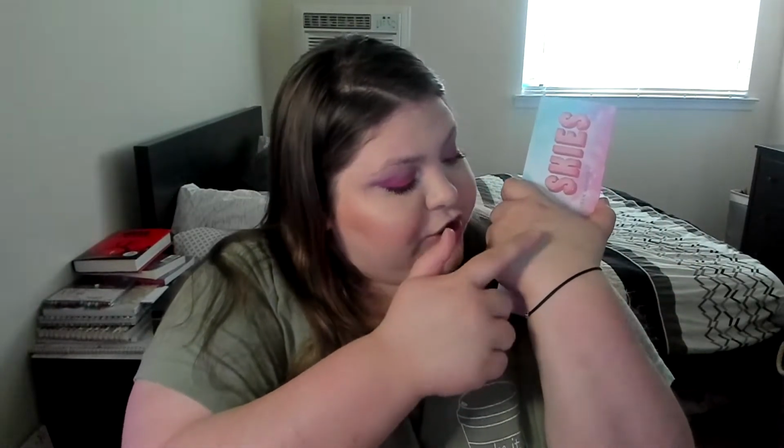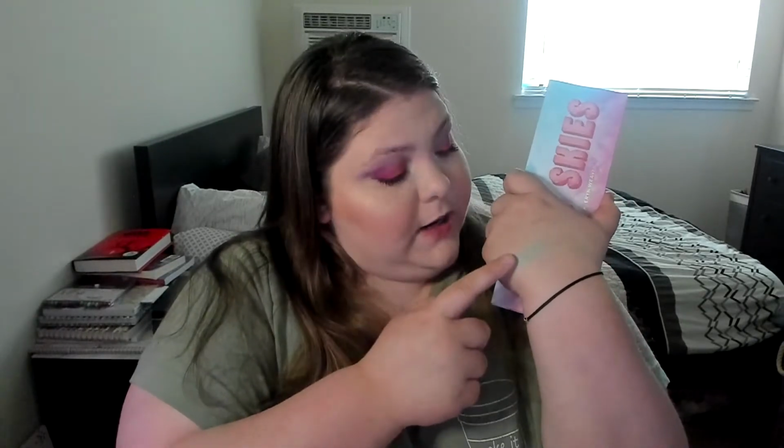Some mascara. Beautiful. This mint is calling my name. I feel like it's gonna be like the other pastels in the palette where it just shows up. You can see it way better in person than you can in the camera, but it is also really pretty, and I think I'm gonna have a lot of fun with this palette. I think it's great for the summer. It's funky, it's fresh, and it was a breath of fresh air for Laura Lee's